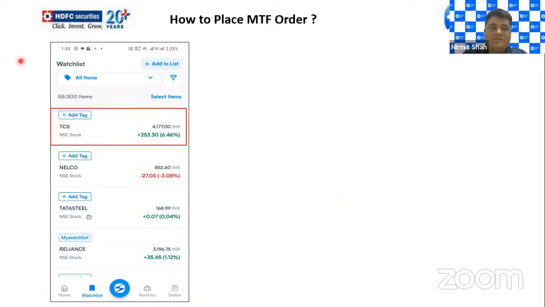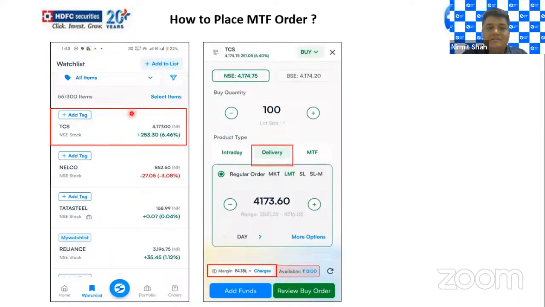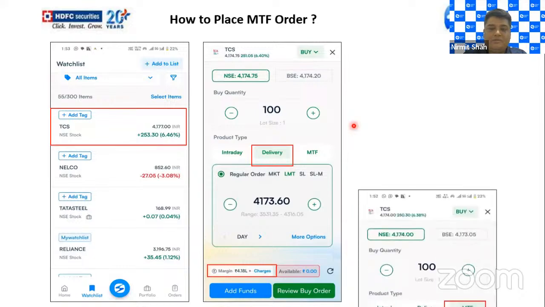Let's say this is your watch list page. Let's say I want to place an order on TCS. Yes, this is not a recommendation, this is just an example. Once I click on TCS, there is the buying window. Under the buying window, there are three product types: one is intraday, second is delivery, third is MTF. If I select delivery, let's say I want to purchase 100 shares of TCS on delivery, and the current rate is 4173, then I have to pay the entire fund, which is 4,17,000 plus whatever the charges. But if I select the MTF option,